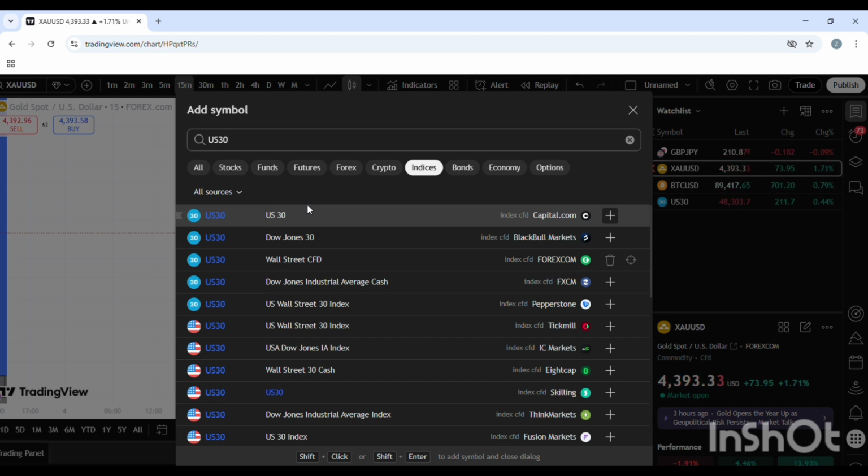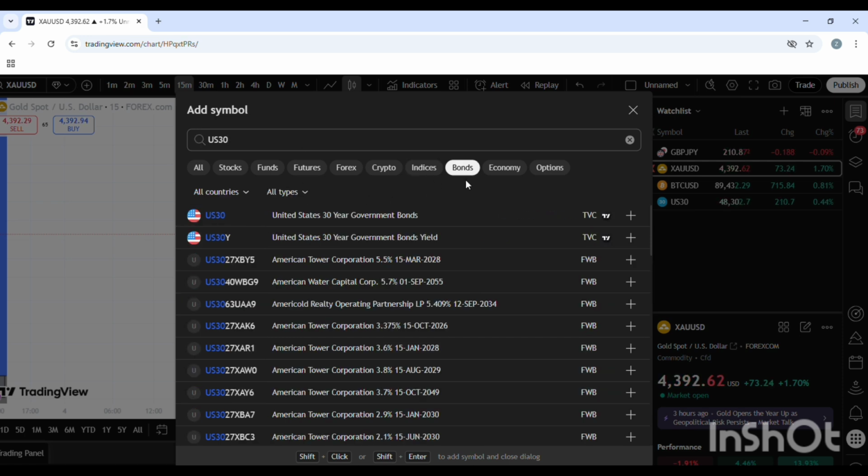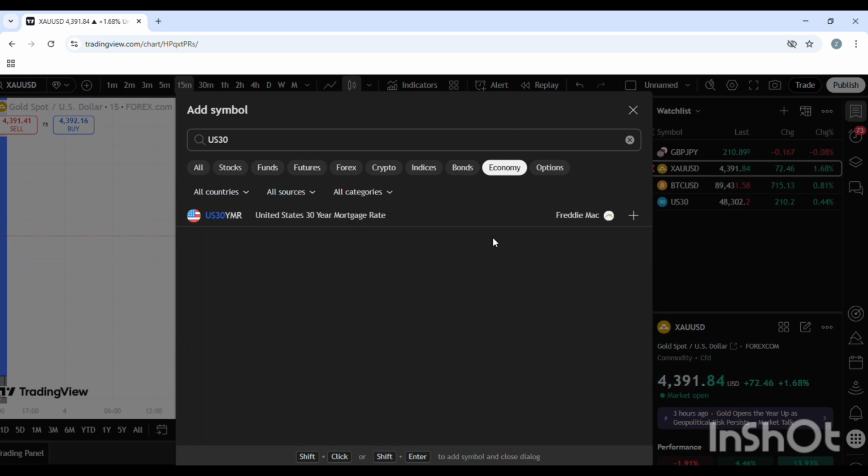I'm sure you've noticed that if you type a currency pair, for example BTC or Bitcoin or Euro USD, it will come up with so many brokers next to it. So you can choose the one that works for you. And that's why you'll notice that some people's charts have gaps, others don't have gaps. Every broker's chart is almost the same,